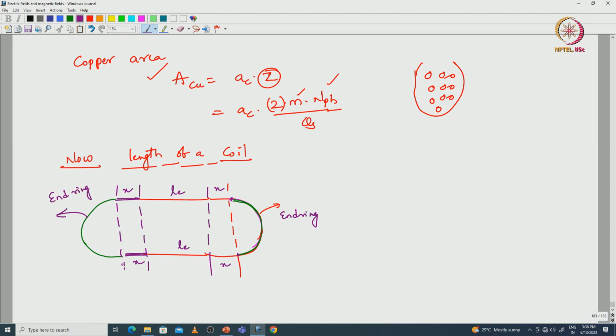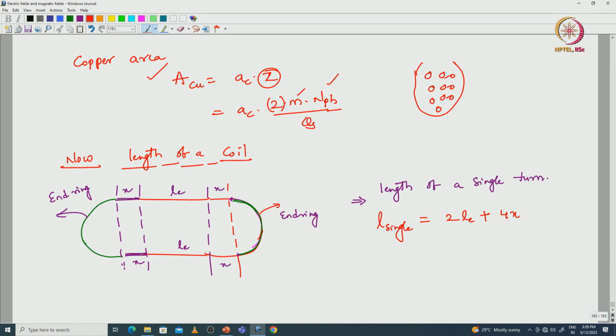This is the length of one single turn, right. Like this, n number of turns we are placing inside the slot. So, in order to calculate the length of a single turn, L single turn is equal to two times the length of the core plus